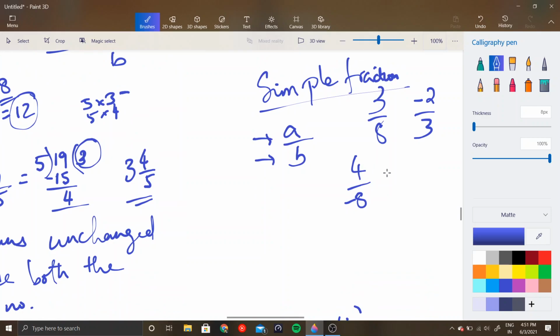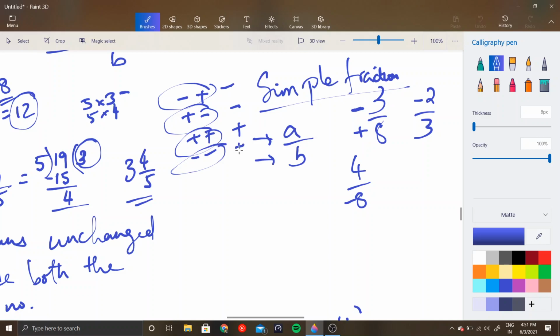Oh, one more thing, when you have a negative sign, just look at the signs of the numerator and the denominator. The resultant sign of the fraction will be the binary equivalent. So what I mean to say is, plus minus gives minus, minus plus gives minus, plus plus gives plus, and minus minus also gives plus. So when you have things with opposite signs, then just keep a minus there. When you have things with equal signs, keep a plus there. Okay.